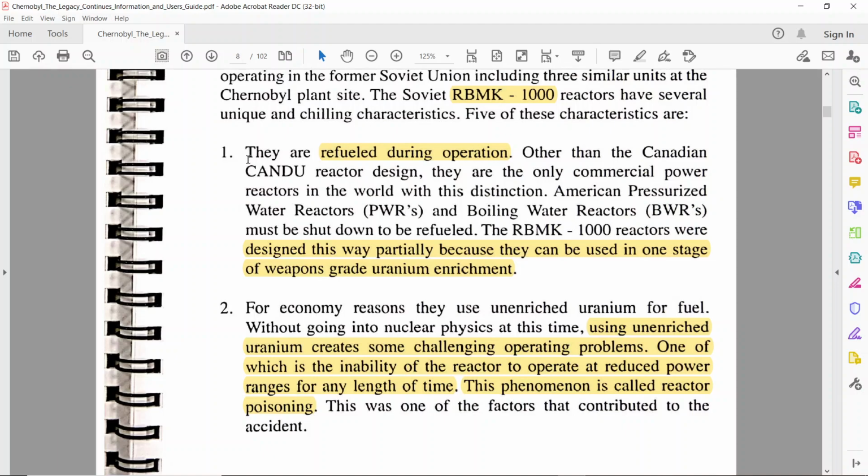Point number 1 says they are refueled during operation. Other than the Canadian CANDU reactor design, no other reactors in the world do this. And at the end it says the RBMK-1000s were designed this way partially because they can be used in one stage of weapon-grade uranium enrichment. Well, this is not true. The fact that they can be refueled during operation is true, but they cannot be used in one stage of